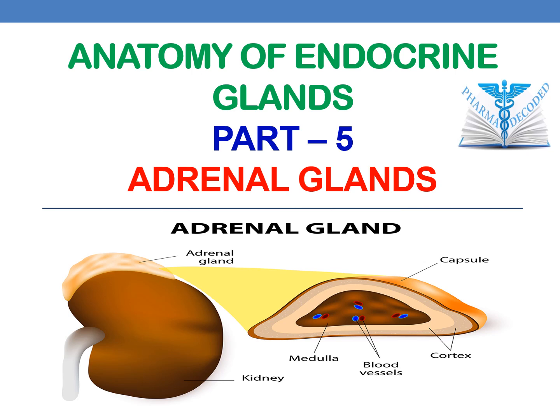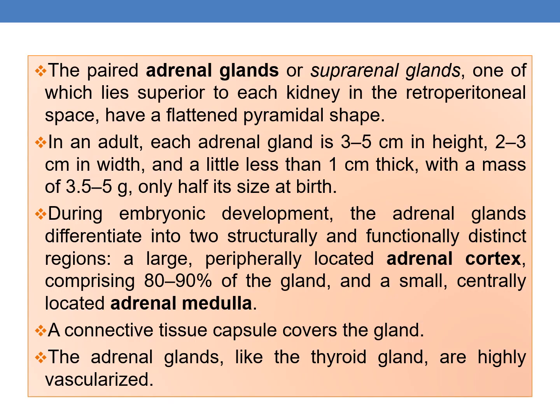Let us discuss the anatomy of endocrine glands, part 5. In the current session, we will be discussing the adrenal glands. The paired adrenal glands or suprarenal glands, one of which lies superior to each kidney in the retroperitoneal space, have